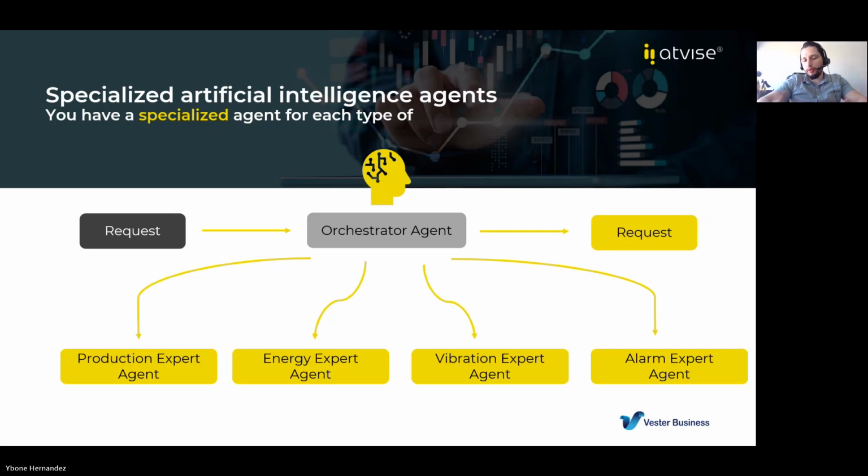And this is part of the technology that comes with advice. The orchestrator agent defines which is going to be the best AI agent to answer the question. So for example, if we ask a question regarding production or manufacturing, then that question is going to go to the production expert. If we ask a question related to energy, that's going to go to the energy expert, and so on.